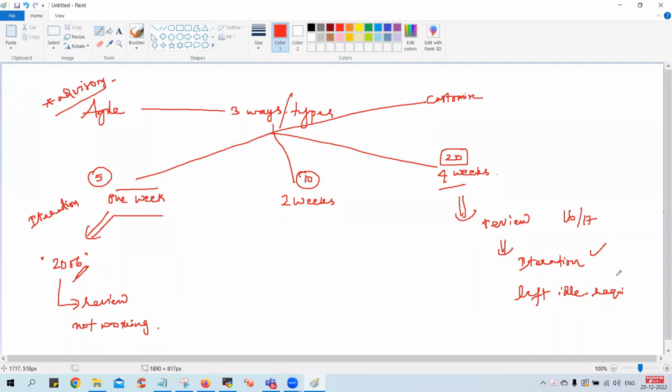And the guys are sitting idle for 3 to 4 days. So they are not satisfied again. That means they are okay with the work, but from a resource utilization perspective, it is not fitting their purpose. Then most of the companies switched to the 2 weeks model around 2008, guys. This was the year when a lot of companies switched to the 2 weeks model. And a lot of companies are satisfied